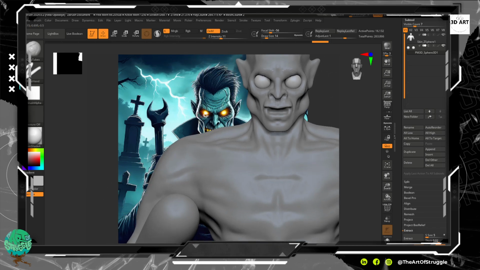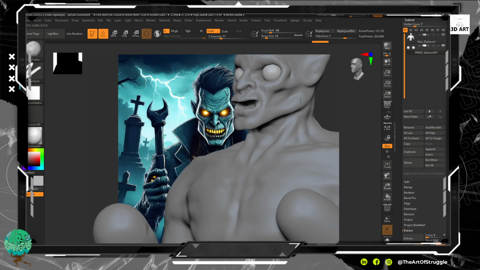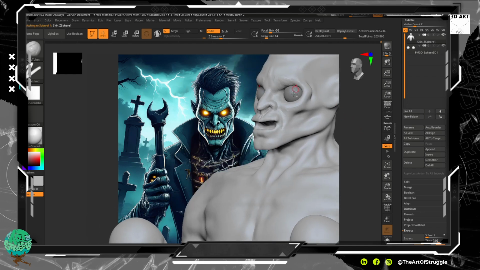All right. So to do that, I already have a little piece of it here. I'm going to use the clay tubes, right, and Alt, I'm using that to switch back to my mesh for the character, and then I'm going to use that piece to bring it down a little bit like so,